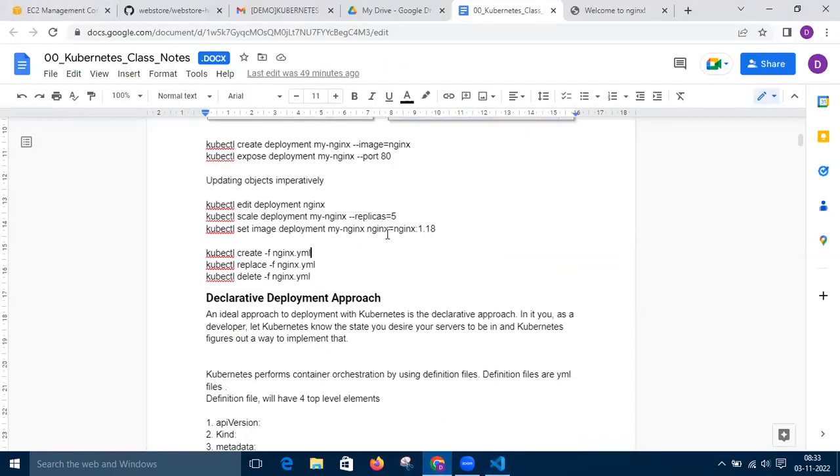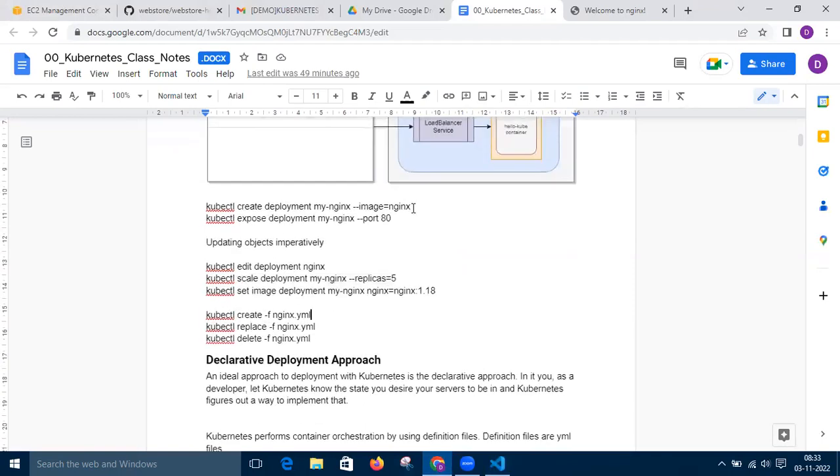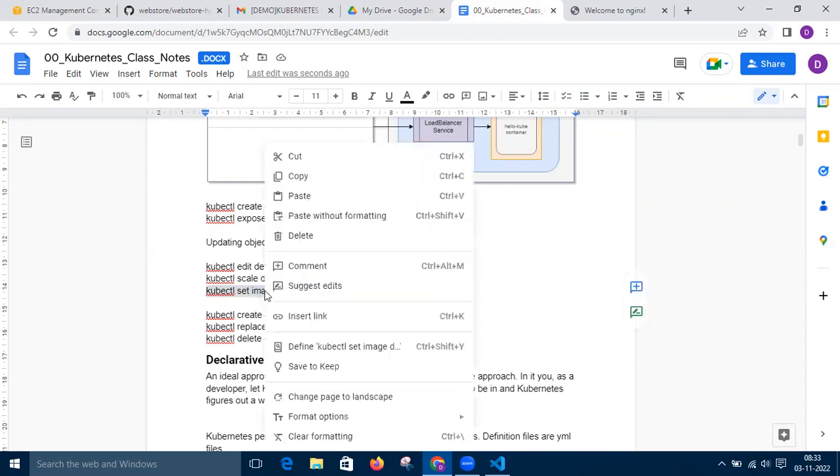And if we want to update the image, earlier the image is nginx latest. If you are not giving any tag to the container image, by default it will be latest. I'm stressing this time and again, from Docker itself. But the new version of Nginx came, and I want to update to that. So we have to use set image. If I set image,